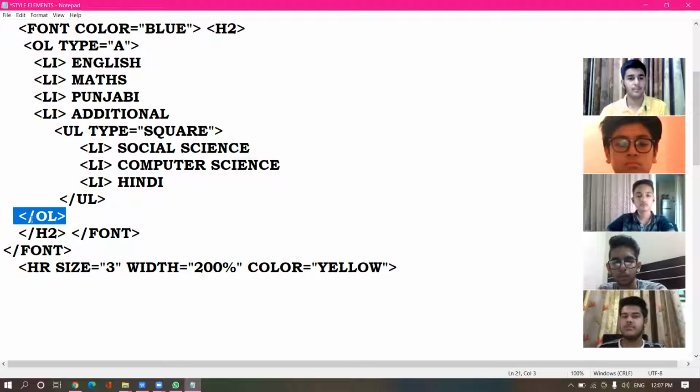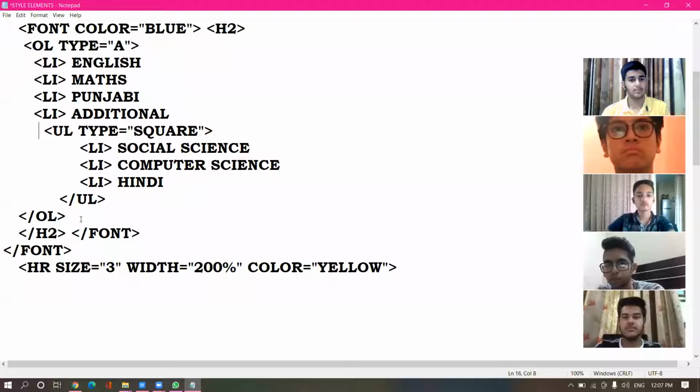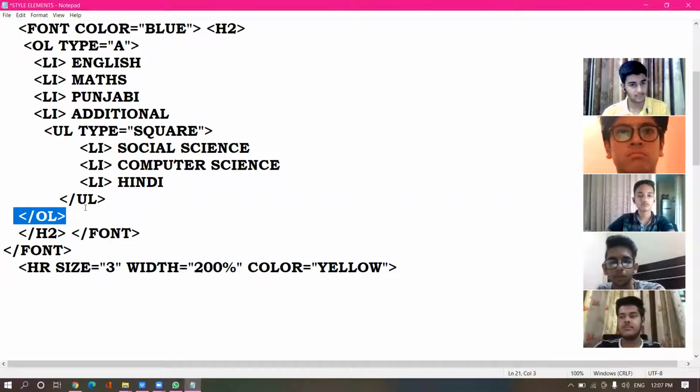Now listen very carefully. अगर आप ये OL यहाँ पे close कर देते हो, for example, if you are closing the OL here, so this will make 2 separate lists. ये nested नहीं consider होगी. This will be 2 separate lists. Ordered list अलग से बन जाएगी, नीचे unordered list अलग से बन जाएगी, और एक ही level से start होगी. This will not be the nested list. एक के अंदर दूसरी नहीं आपको show होगी. Yeah, so that's why we will not close the OL tag here. We need to close it at the last. जब पूरी की पूरी आपकी लिस्ट की कोडिंग खत्म हो गई है, आपने इसको लास्ट में जाके बंद करना.